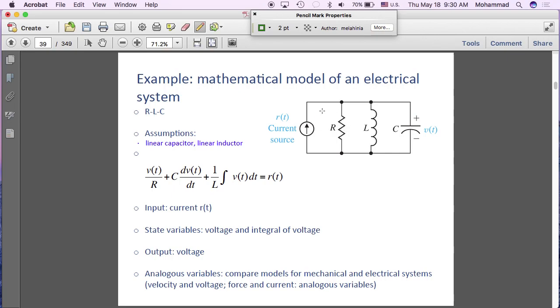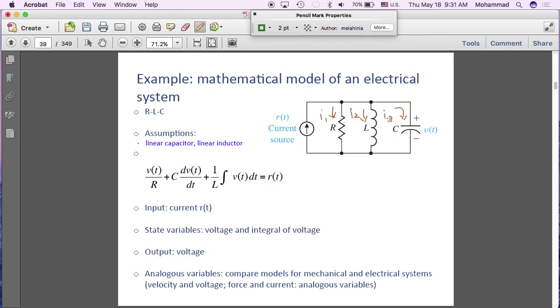We probably all agree that if there is a current that comes through from this source of current, it will be split in here once and split again here. So you have different currents passing through these three elements. If we call the current passing here I1, current passing through here I2, and this I3,